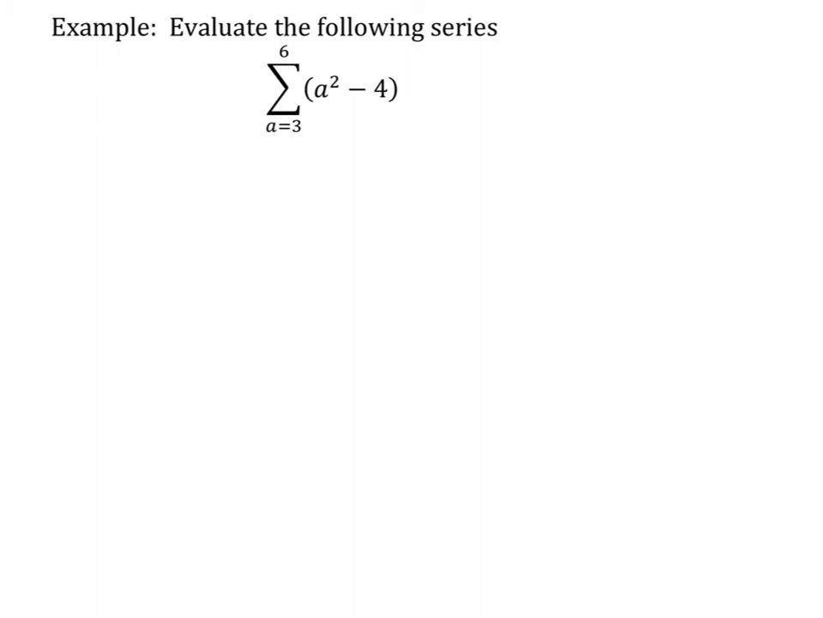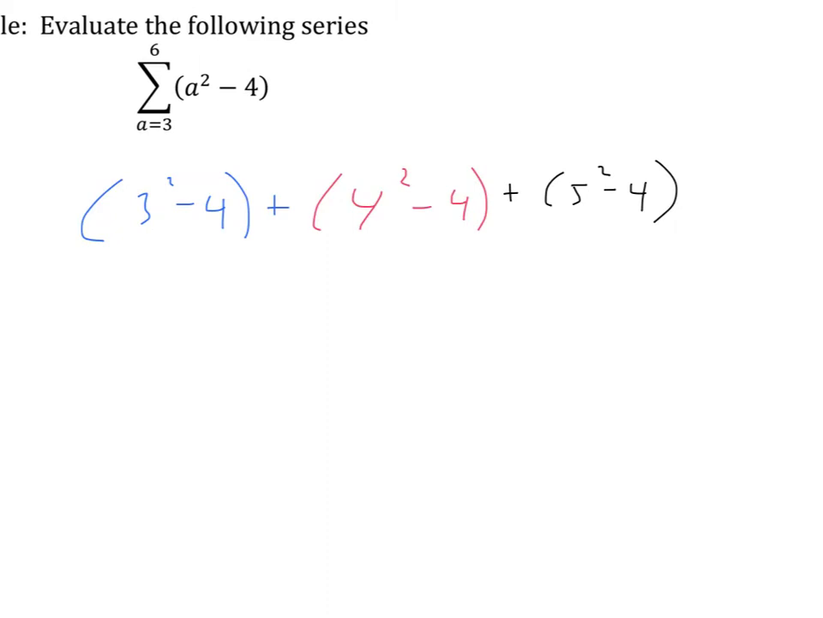So here's another example for us. It's sort of similar to that simple one we did previously, but it's a little bit more complicated. So pause the video, try this one out for yourself. What we should do is evaluate this expression using the numbers between 3 and 6, right? So it means I'm going to have 3 squared minus 4 plus 4 squared minus 4 plus 5 squared minus 4